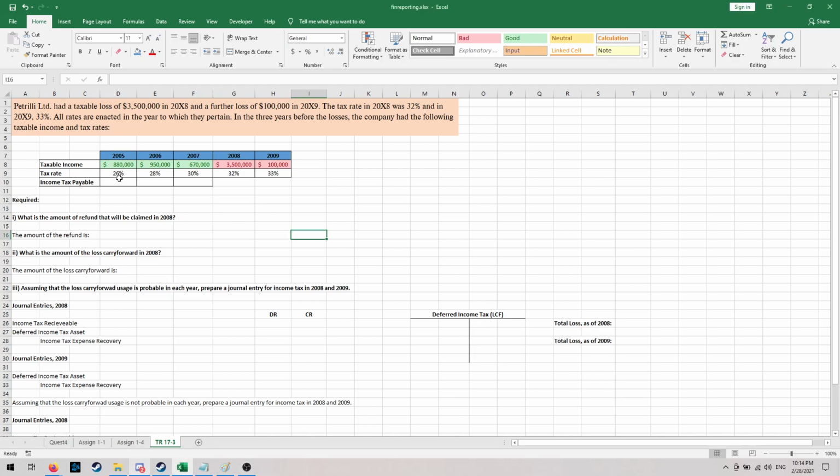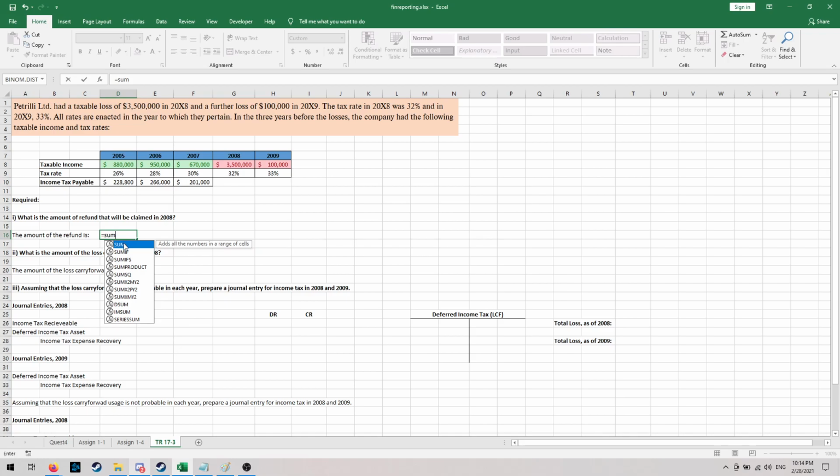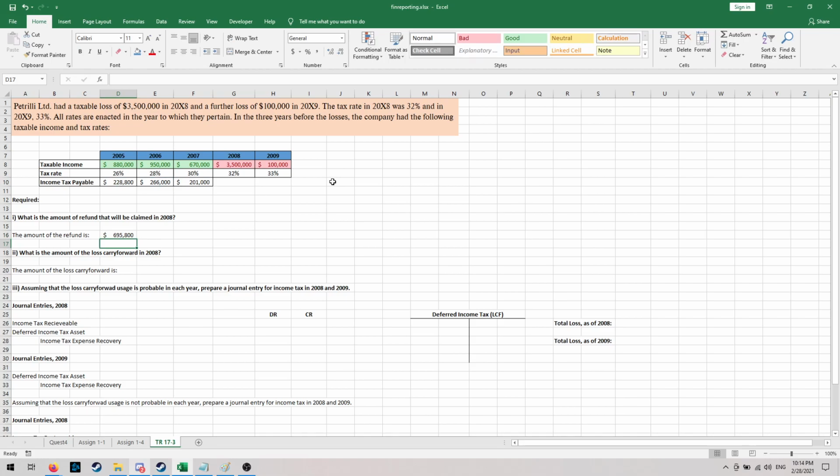So our first step here is to calculate our income tax payable. How much income tax did they pay in those 3 years when they made money? So we're going to press equals, and we'll multiply the taxable income by the tax rate and drag it along, and we'll see that this is how much money Petrelli made. And we can just sum that up down here, and that will give us our answer. We can press sum, select these cells, close our bracket, and we can see we made $695,800. Well, not made, that's how much we'll be able to get back because that's how much we paid out